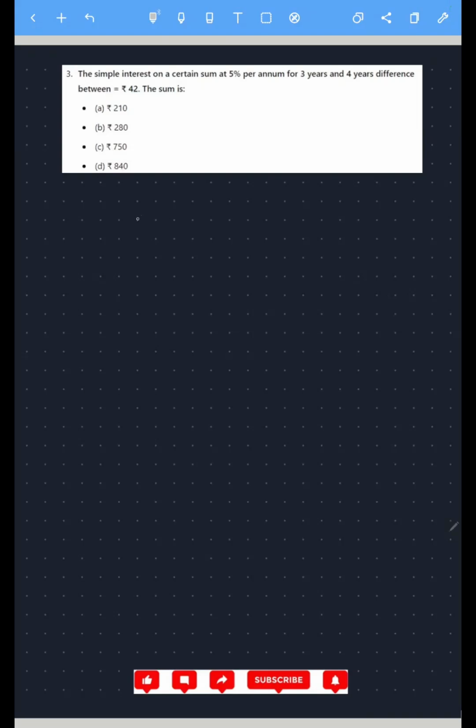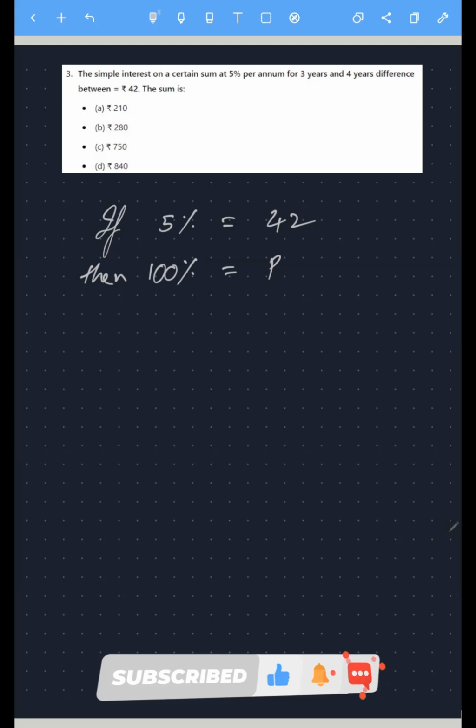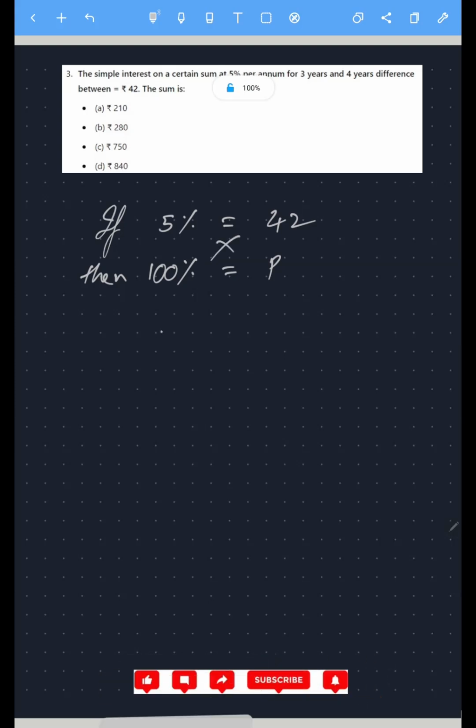So there is an alternative of doing this problem, since we know that the rate of interest is 5% and the amount of interest is 42 that we get. Then from this we can find out the principal. Then what is 100%? If 5% is 42, then what is 100%? 100% is P, principal, that we want to find out. Cross multiplying both of them, we get P